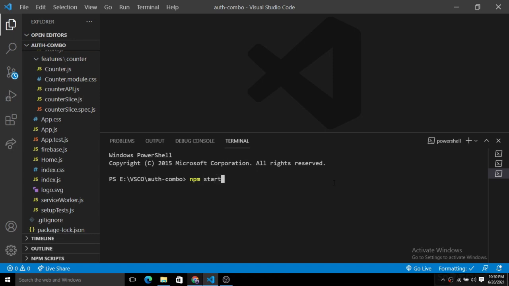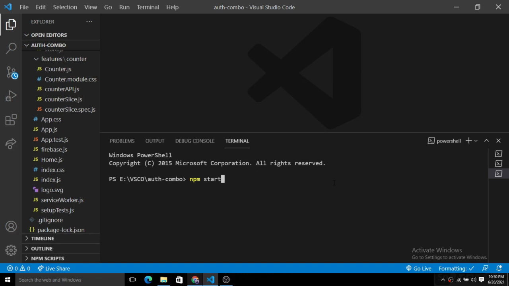When you do that, you will see a Redux icon, animating, and then you will have a counter there. If you got that screen, then you have successfully run your React Redux application, bootstrapped with create-react-app.